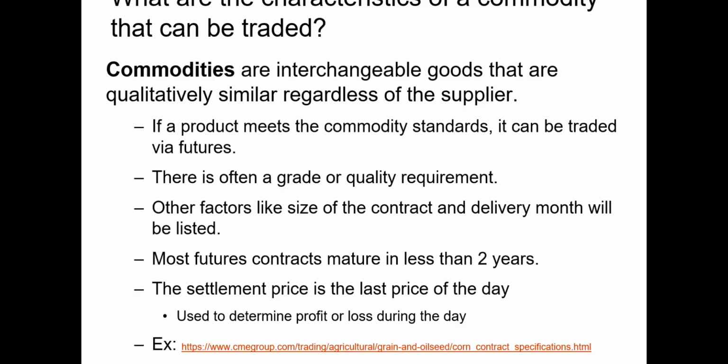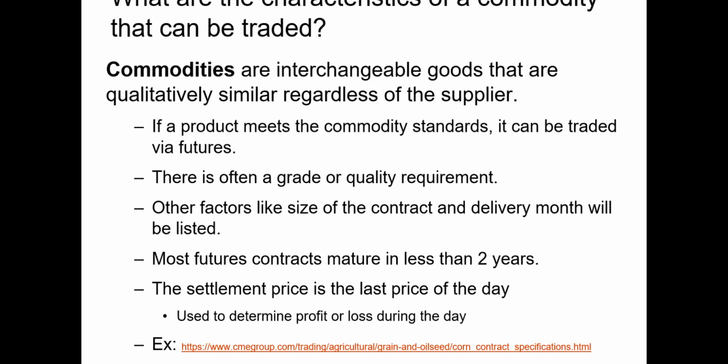of corn. Now let's talk about what counts as a commodity and the characteristics in each commodity futures contract. When we talk about commodities, we're referring to interchangeable goods that are qualitatively similar regardless of supplier. Each of these commodities is fairly simple in nature. For example, lumber is fairly uniform, assuming it's cut in the same length and it's from the same type of tree. All futures contracts will list factors such as the size of the contract, the delivery month, and the location to which the commodity should be delivered. They'll also often give some information on the quality of the product.